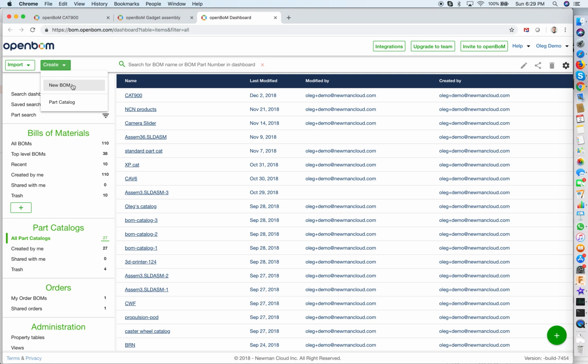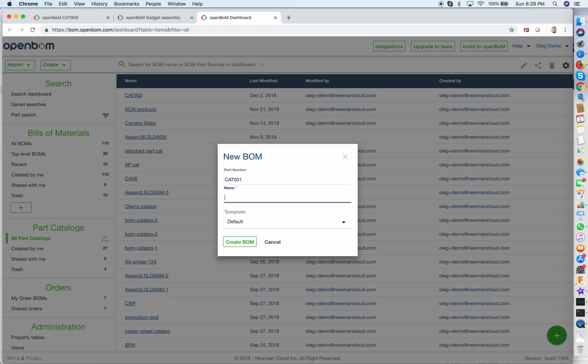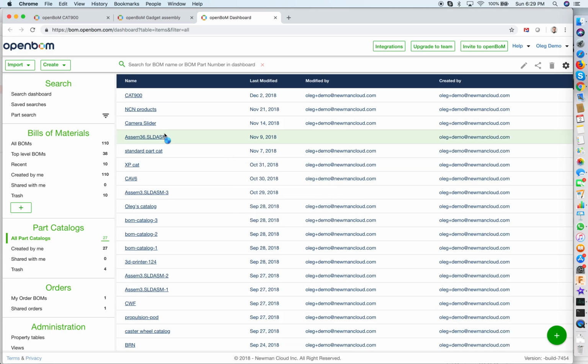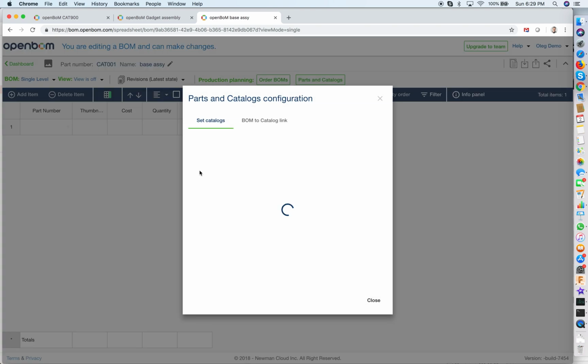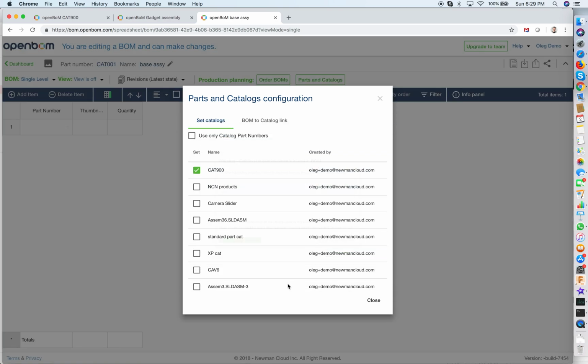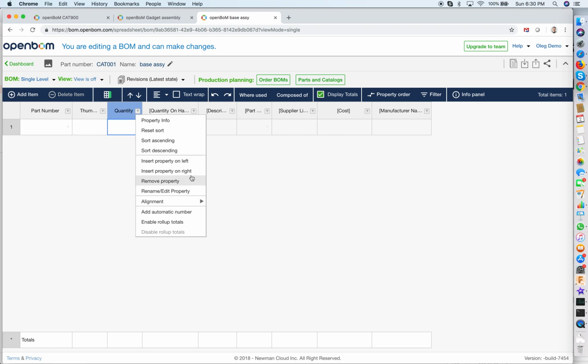I can build it in the same one, but I will just use it separately for demonstration purposes. So I will select this part, and that will be the description, so I will say base assembly, and I create a BOM. For this bill of materials, I also need to select a catalog because I want to use parts from the same catalog. It sounds a little bit like picking, but this is how we can do it for the moment. And we have cost, and we have part number and quantity,